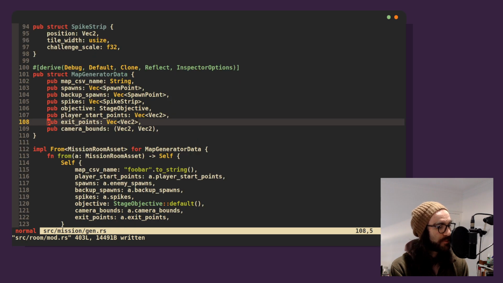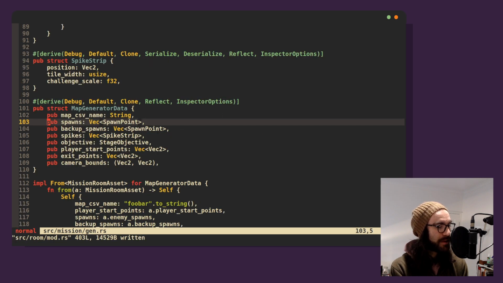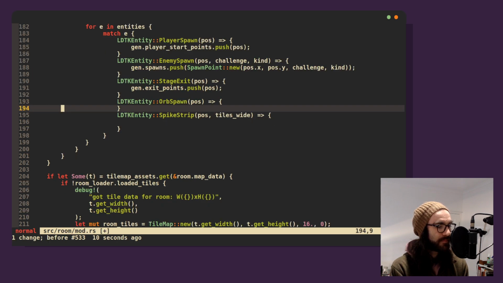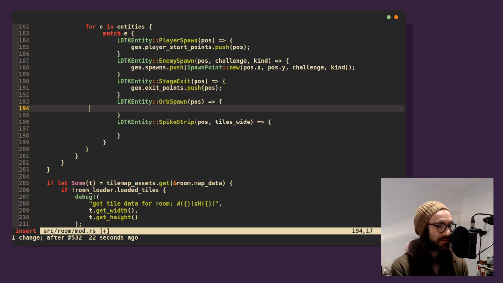If it's an orb spawn, we don't have anywhere to put this. We're going to throw this on the floor for now. And if it's spike strip, we're going to put it in our list of spikes. I don't know where that to-do went. Gen.spikes push